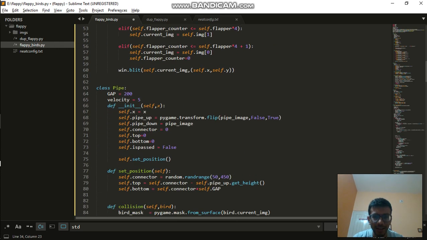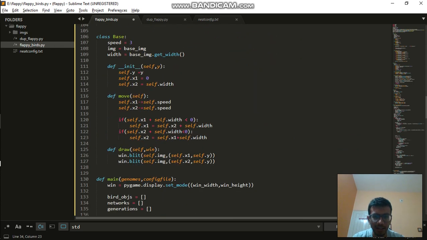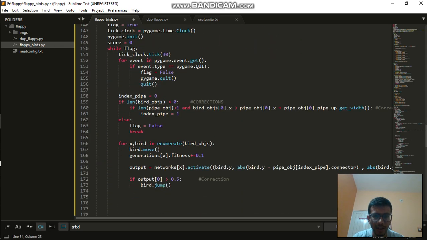were making. So the second mistake was that here I had not written greater than 0. It was just len of birds. This was my second mistake. The third mistake was a very major one, a blunder that I made. Here there was a less than sign, which indicates that I knew when I was coding that there had to be some mistake, but I was not getting it.